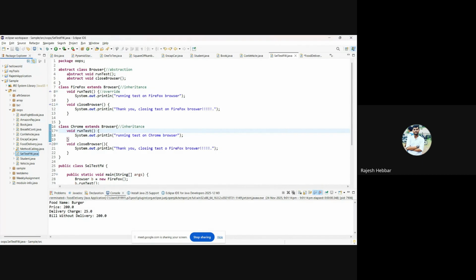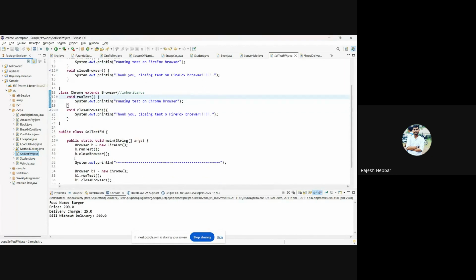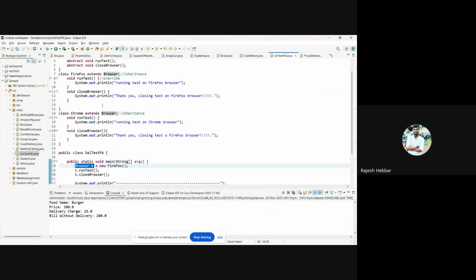Abstraction is basically hiding the functionality, right? So I'm implementing it here: void runTest, where I'm just giving a statement, run test on Firefox browser, and for closeBrowser, closing test on Firefox browser. Similarly, for Chrome I have extended Browser and implemented the runTest and closeBrowser methods. And I'm creating an object of the parent class, Browser b,